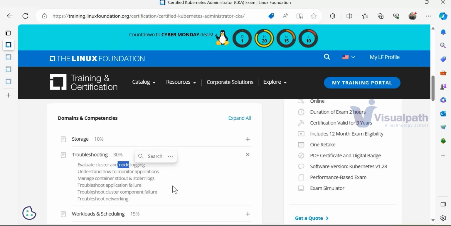So here we'll bring in a cluster, meaning a collection of machines. If one machine or one node goes down, I'm not dependent on it. My application would be available on the other node, and my production environment will always be available 24 by 7, 365 days. So it's a cluster-based environment. We will be installing Kubernetes on multiple machines, so it's basically multiple nodes. Here we will evaluate our Kubernetes cluster once we set it up, and the node logging.